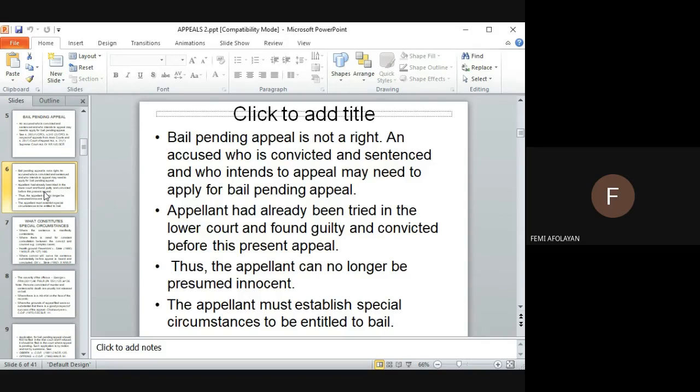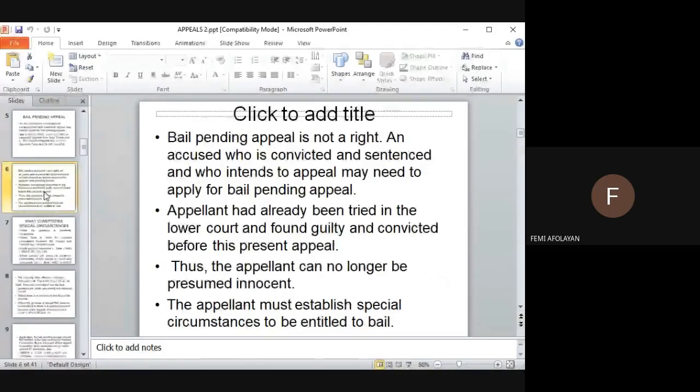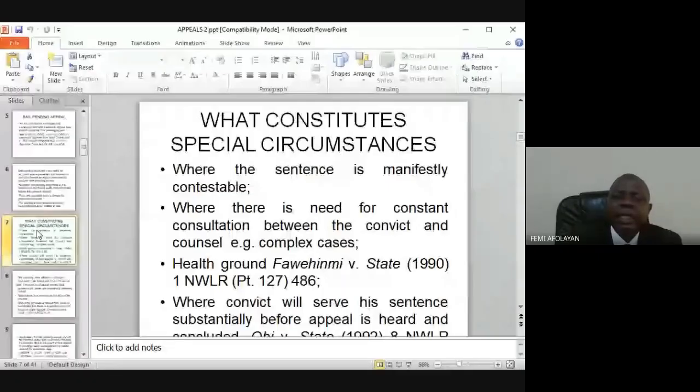Thus, the appellant can no longer be presumed innocent. He can no longer enjoy the presumption of innocence that is contained in the Constitution. So the appellant must establish special circumstances to be entitled to bail pending appeal, or technical cases where